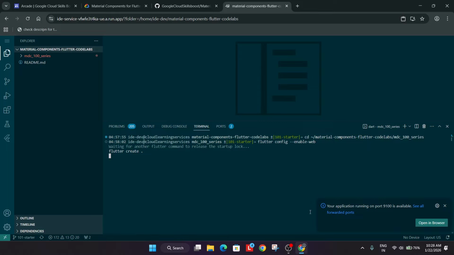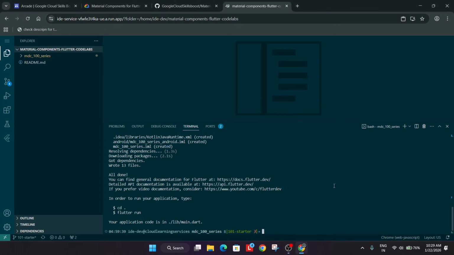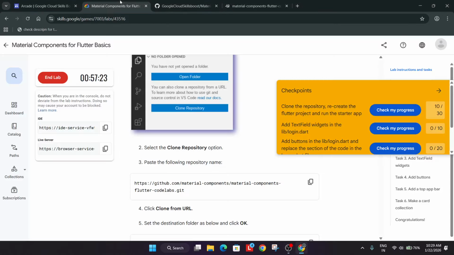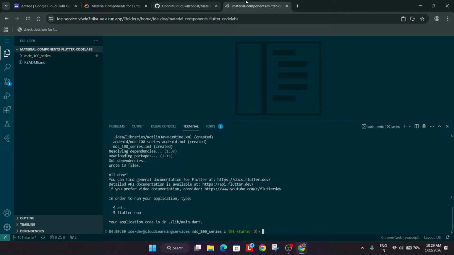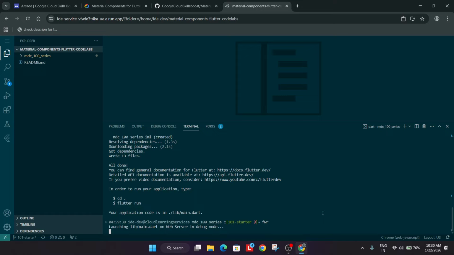Hit enter. Now it will take some time, so wait for it. Once the app is created, it will look like this. Okay. Now simply come over here and just run this command to start the server. I use right click. Okay. Now once it is started, you have to come over here,